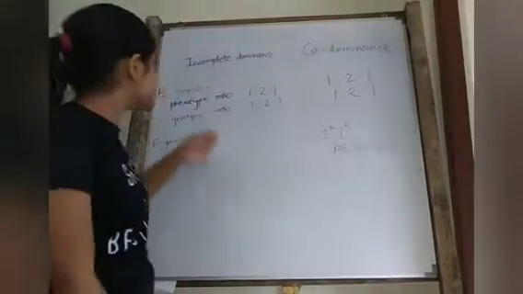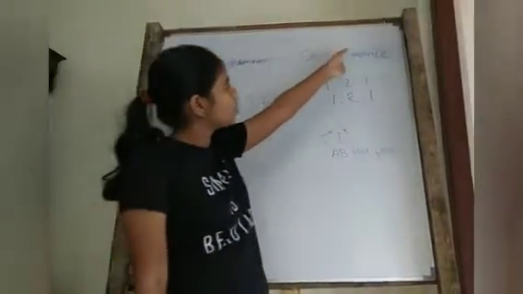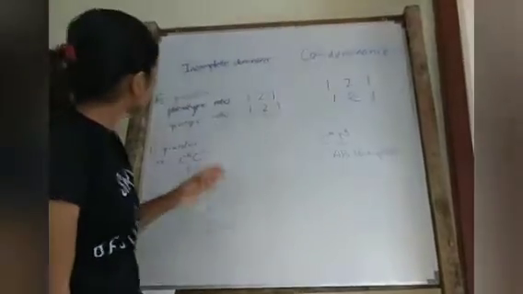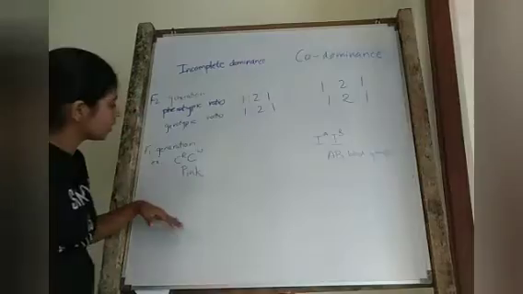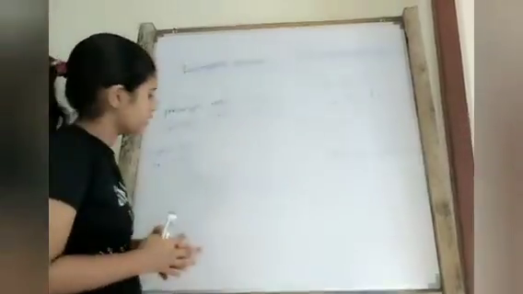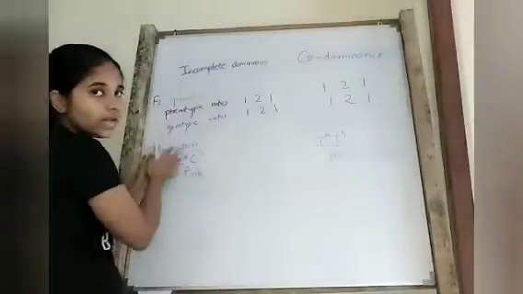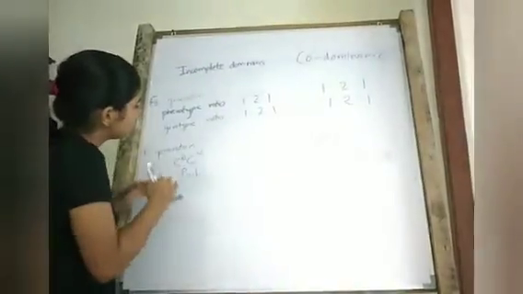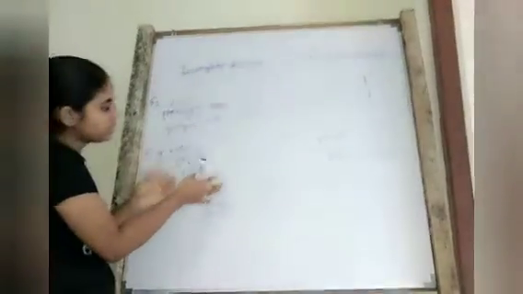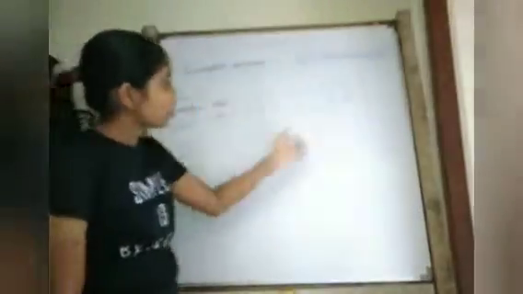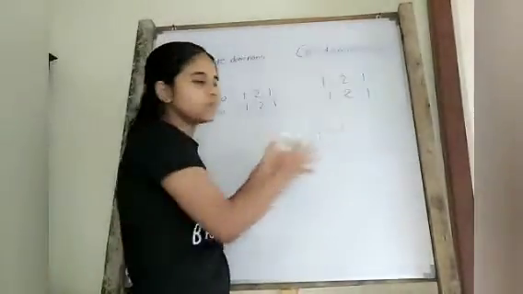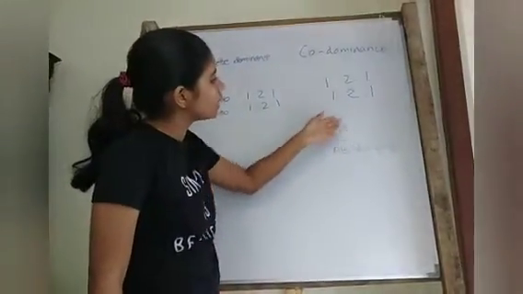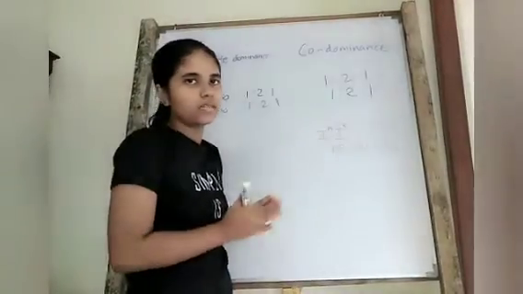The key to differentiate between incomplete dominance and codominance is the fact that in incomplete dominance, a different phenotype from the parental phenotypes is given. So the parental phenotypes are red and white, but the given phenotype was pink color, which is a completely different phenotype from the parental phenotypes. In codominance, both the parental phenotypes are displayed. In here, both IA and IB phenotypes are expressed. So that is the key.